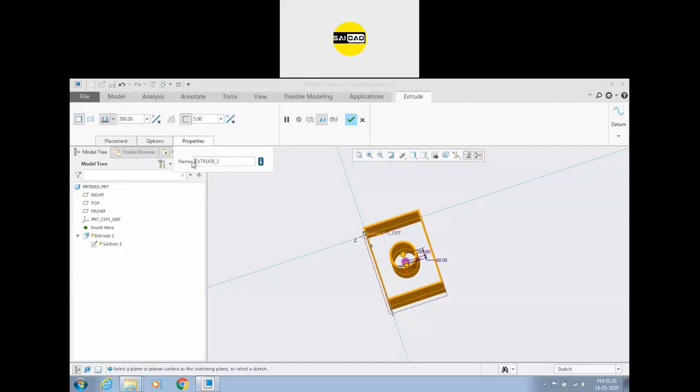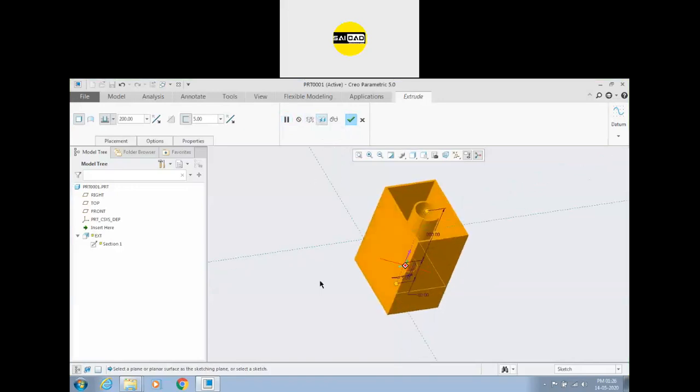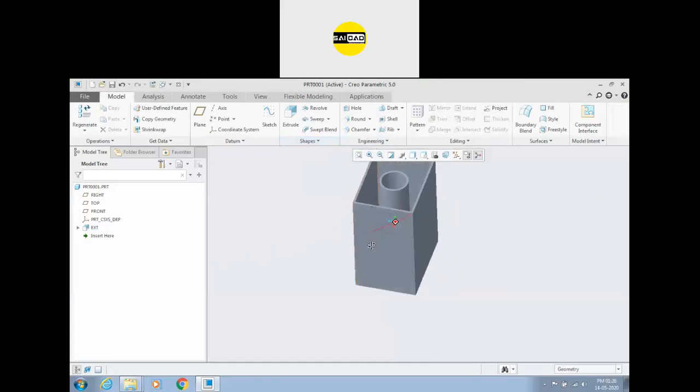In the properties, we have the option to change the name. You can change the name from here. You want it ext something name. Okay, so name will be changed, and there are some options. These options will be explained later. These are attached and non unattached. Okay, this is like you want to merge the object or you don't want to merge the object. For those we will use this option, but we are going to use this option later. So simply complete. Okay, so object will be like this.